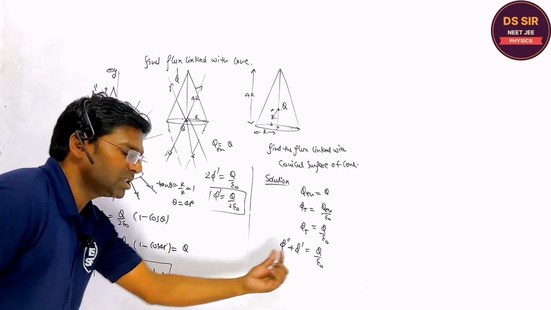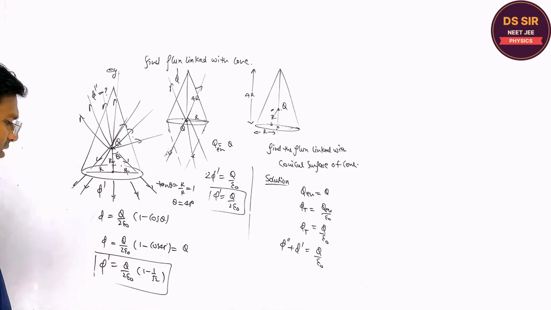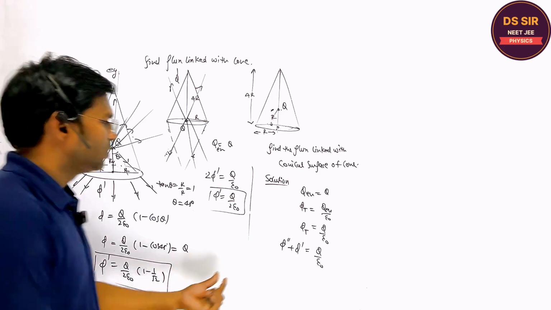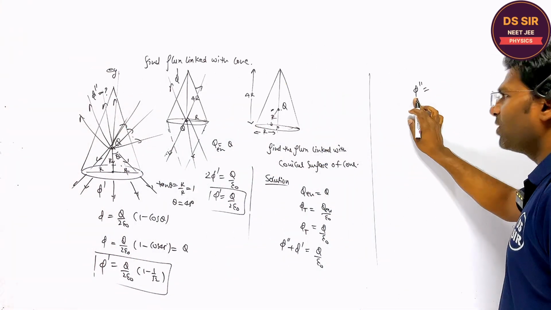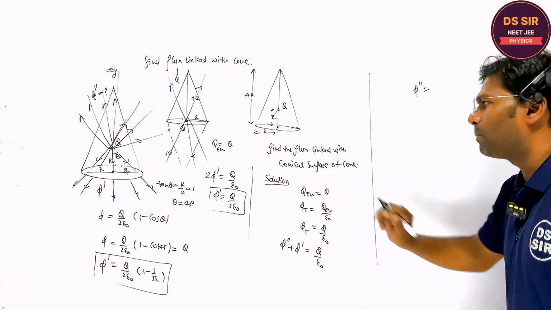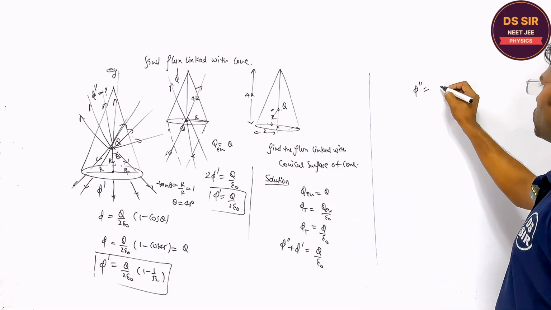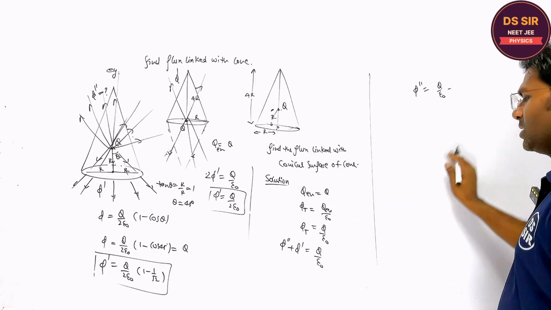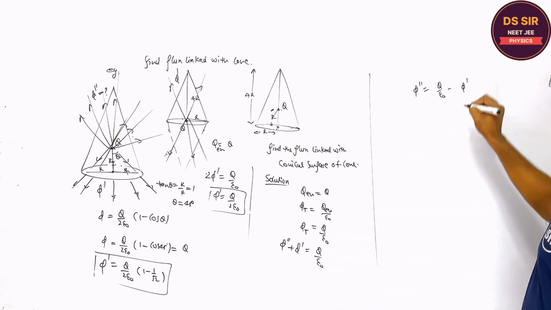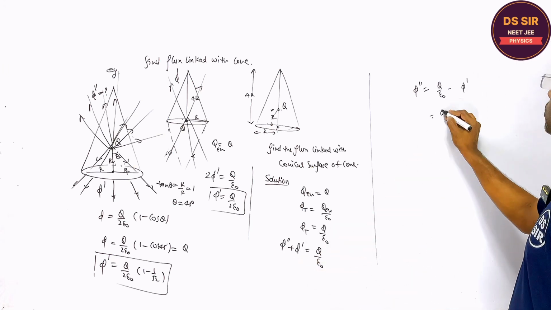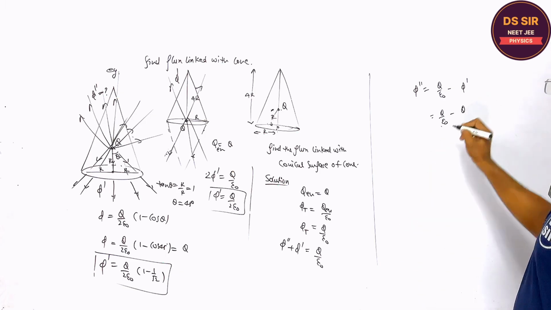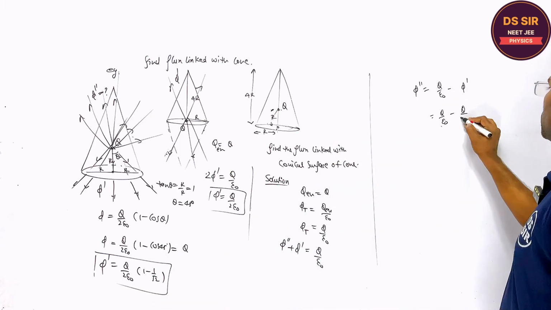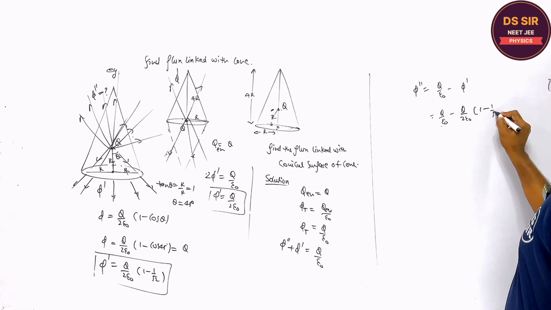So what is the phi double dash? Phi dash is the flux linked with this disk using the formula we have found. So what is the phi double dash now? The phi double dash is the flux linked with the conical part of the cone, equal to total flux minus flux linked with the disk. So therefore Q upon epsilon naught, right, minus the phi dash, which is Q upon 2 epsilon naught, 1 minus